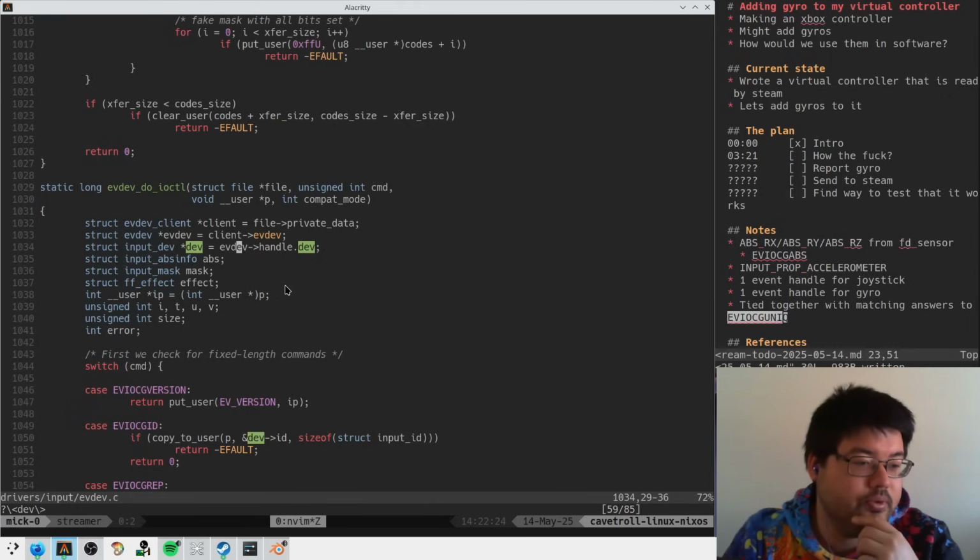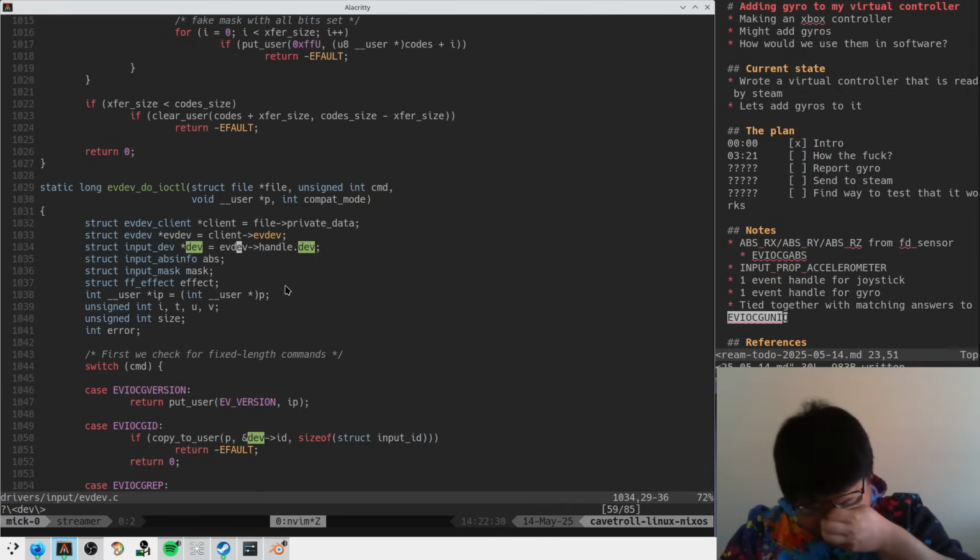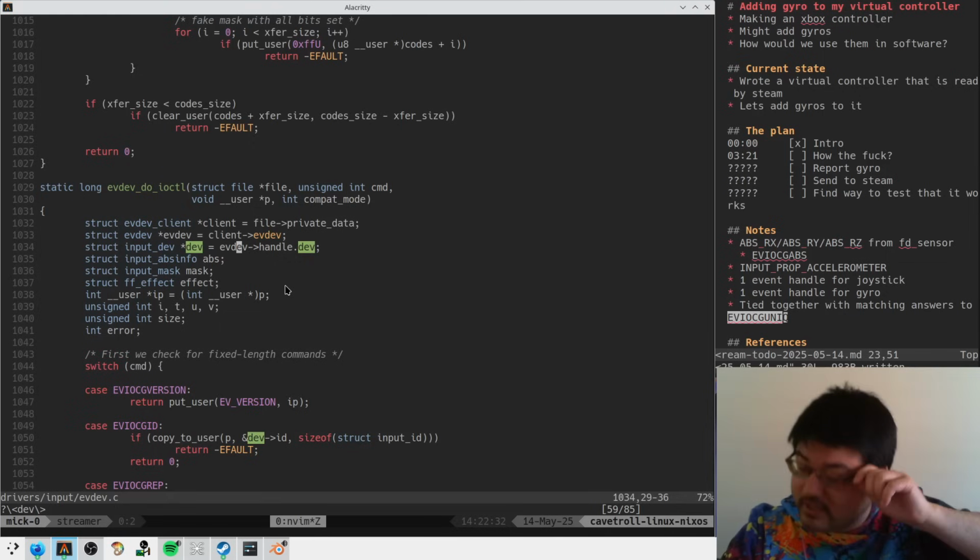I missed last time, but for your input, could you not send like an ABS_X, ABS_Y, etc. after setting the event type to EV_ABS? That would seem like it would make sense for gyro. Yes, except we need to